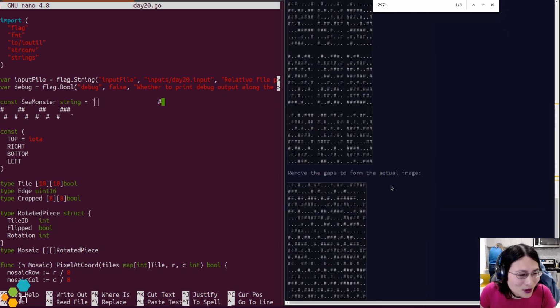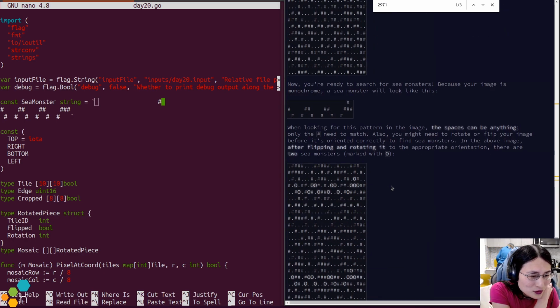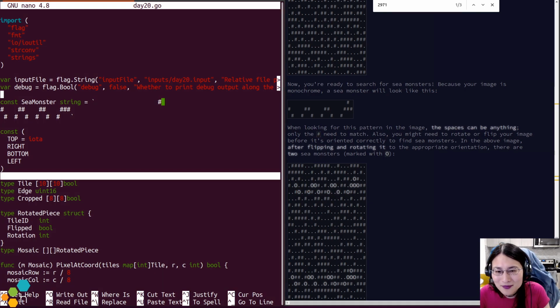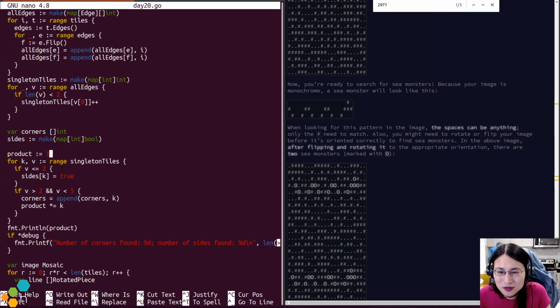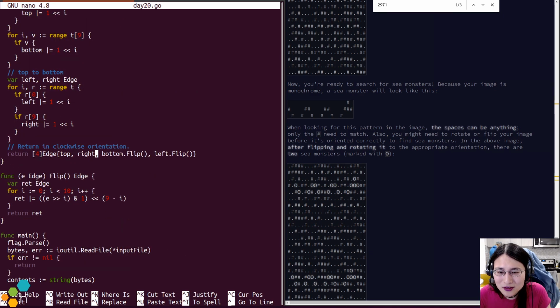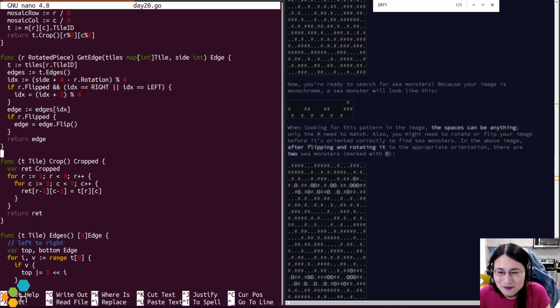So is the sea monster required to... Oh, the sea monster could potentially have noise. Only the hashes need to match. Okay, great. So, going to define here the sea monster lookup function.